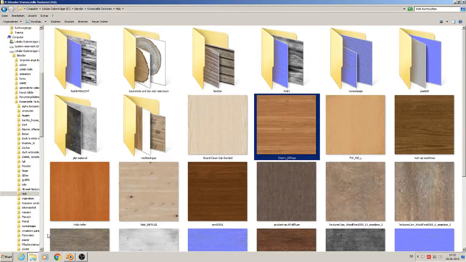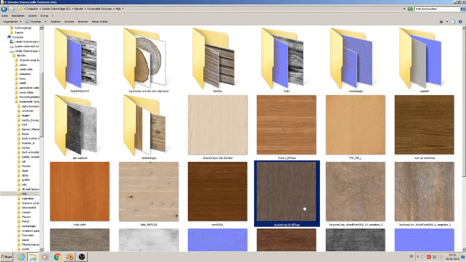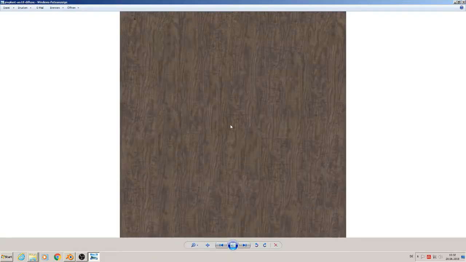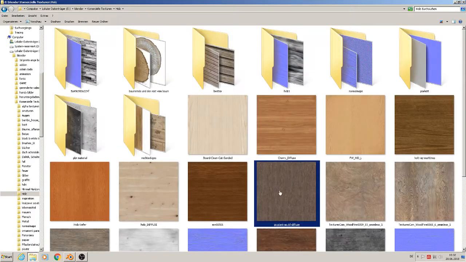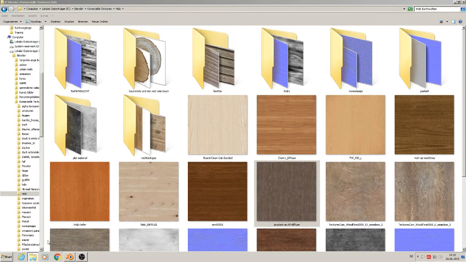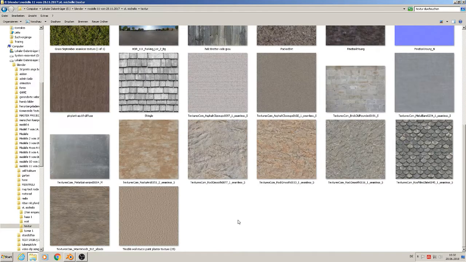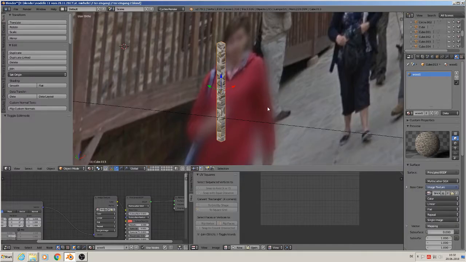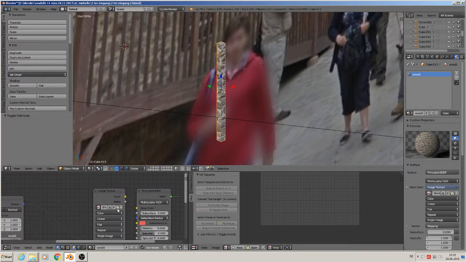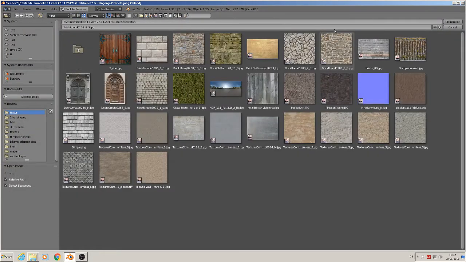You can get it from textures.com, and I have it in my folder. So I take this here. That looks good for me. So I copy that and bring it in our texture folder and get it there. So then we take here, open the image and say in our texture folder it should be the wood,